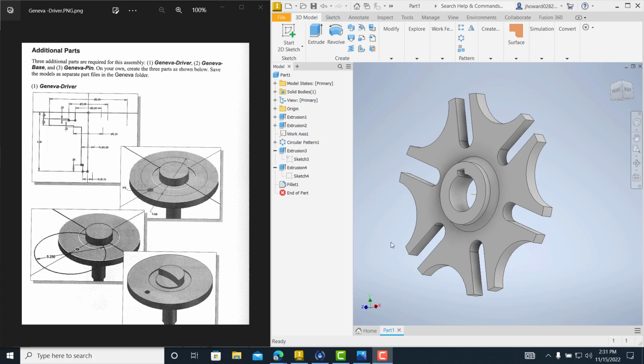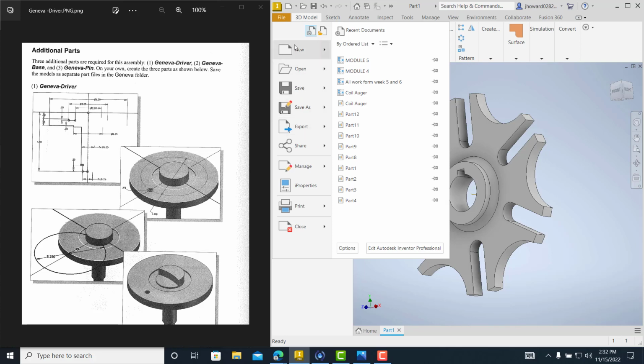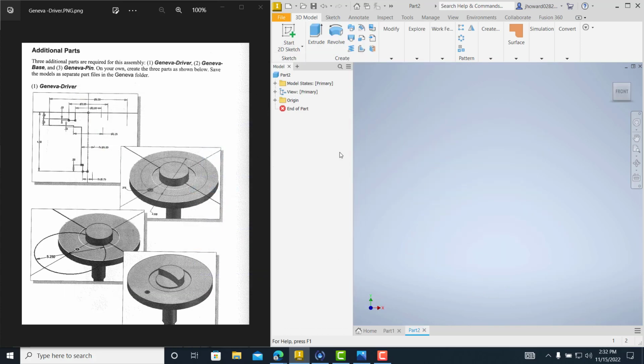Alright folks, we're getting ready to jump in and draw this Geneva cam driver. This is in your book as well. I'm just going to show you and help you along with it a little bit. This is another standard inch. So when you do a new standard inch IPT,